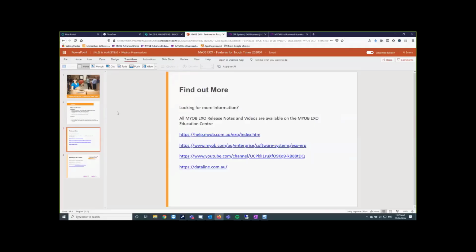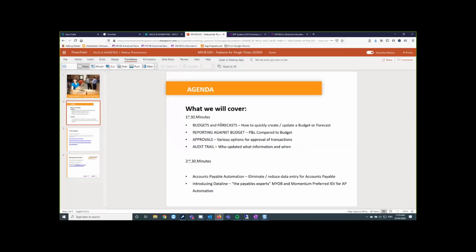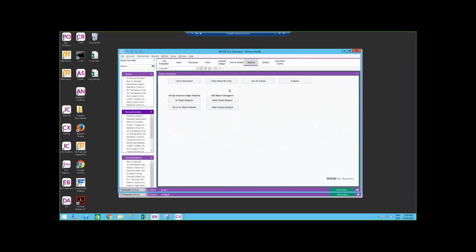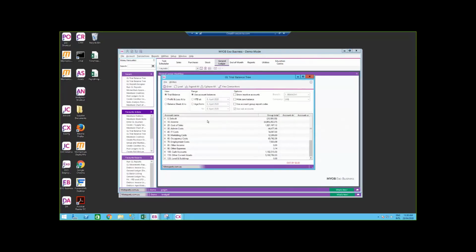So just back to our agenda, reporting. So we've just covered budgets and forecasts quickly and reporting against budget. I'm going to move on to approvals. And in doing that, I guess just before I do that, the other way you can see a budget figure is in the trial balance tree or in a general ledger account. So I can look at my trial balance P&L for April. I want to look at my IT costs,